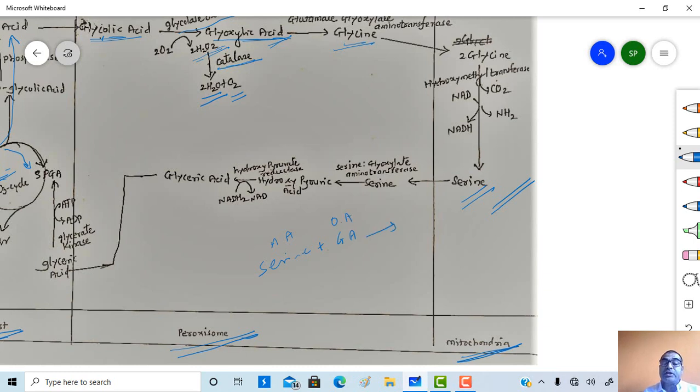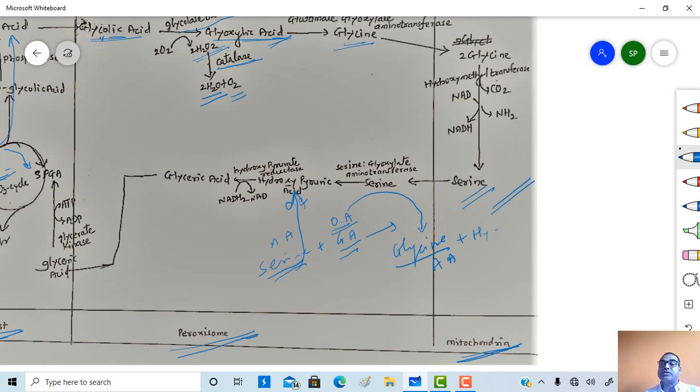Here serine, the amino acid, is converted into hydroxypyruvic acid, which is an organic acid, and this glyoxylic acid is converted into glycine. So this glycine is again an amino acid. So organic acids are converted into amino acids, and this serine, which is an amino acid, is converted into